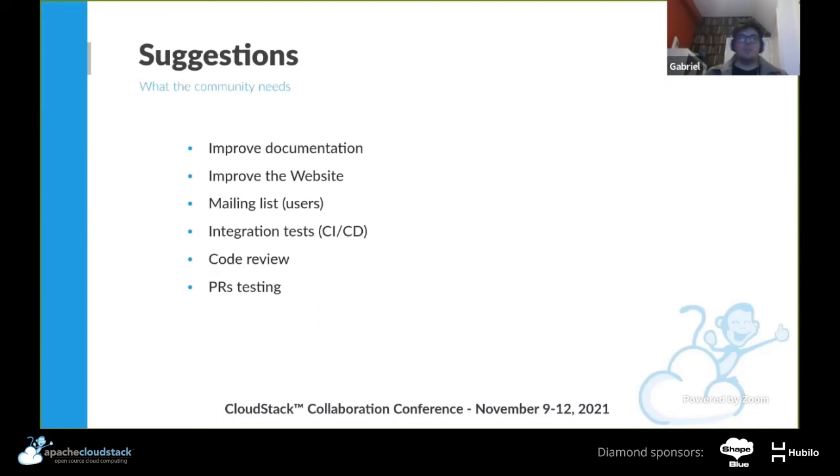Really quickly, some suggestions here. We need to improve documentation. I would say that documentation has been improving a lot recently, but still there is room to improve. I saw Boris' presentation regarding the Prometheus and everything, and there were some gaps in documentation. And this happens because we are there implementing.